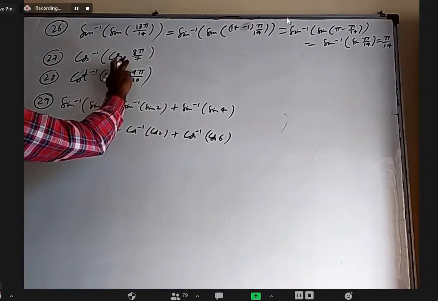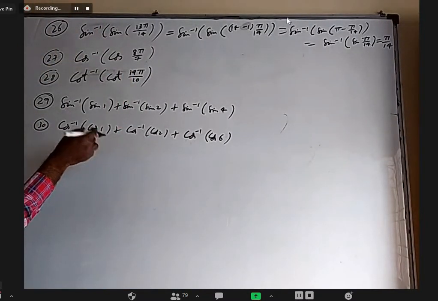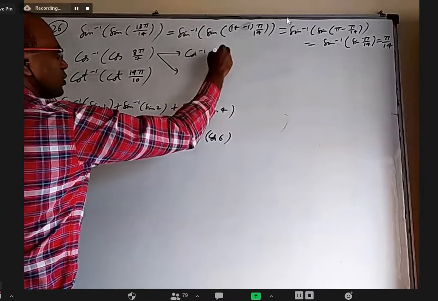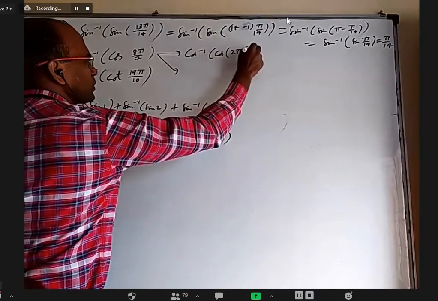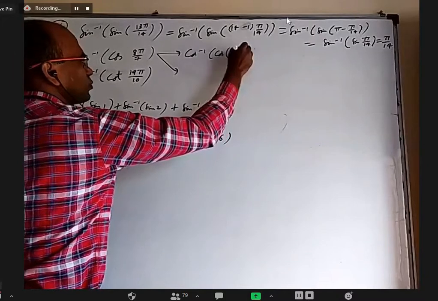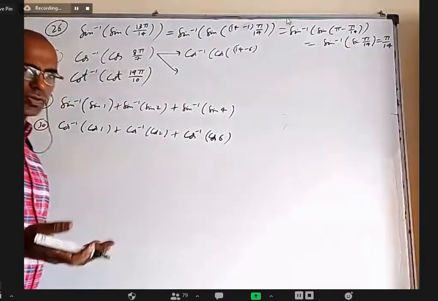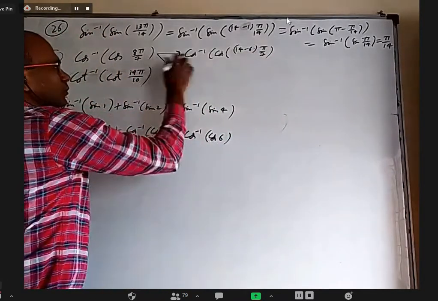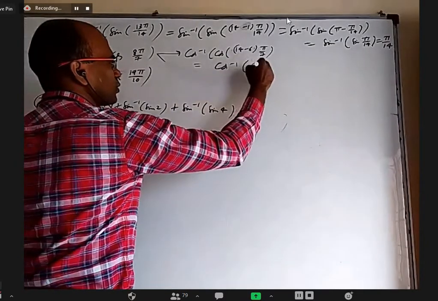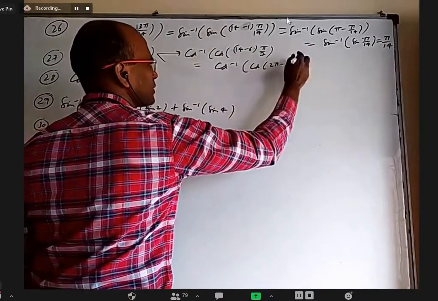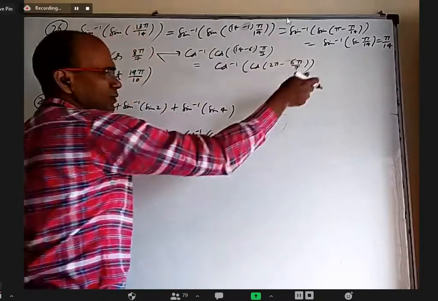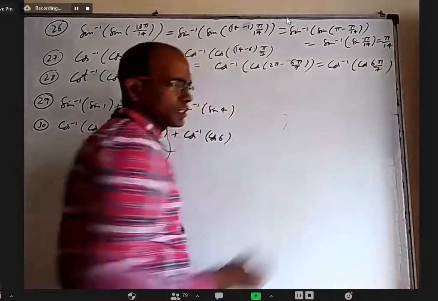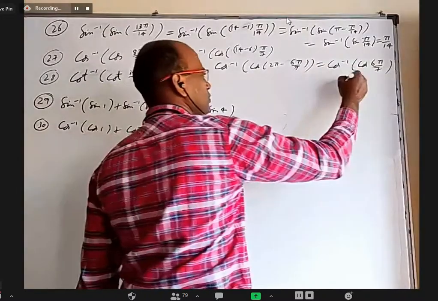Okay. This is in the third quadrant. Somebody can write pi plus pi by 7, but then there are two ways to do it. I can tell both. This is cos inverse cos. You can write 2 pi minus pi by 7. That is 8. You can write 7 plus 1, or you can write 14 minus 6. Right now it is as it is, cos inverse cos of 2 pi minus 6 pi by 7. Cos of 360 minus theta is cos theta, fourth quadrant. So look at cos inverse cos 6 pi by 7. Our cos principal values are 0 to pi, it is within that. So it is 6 pi by 7.